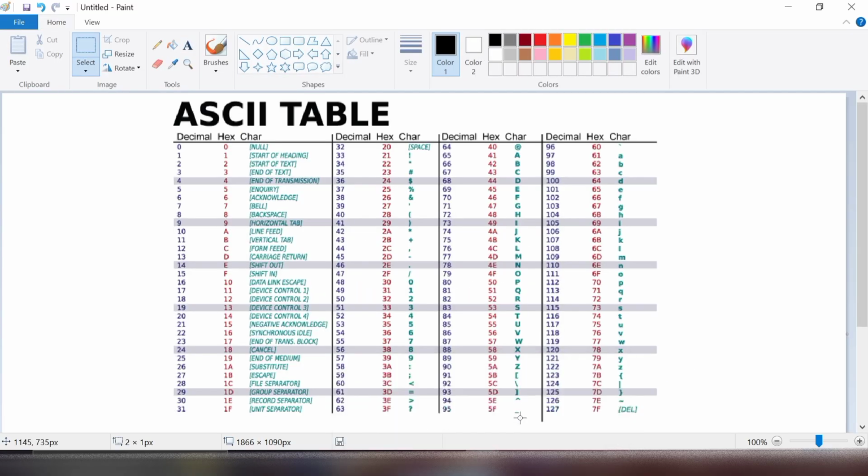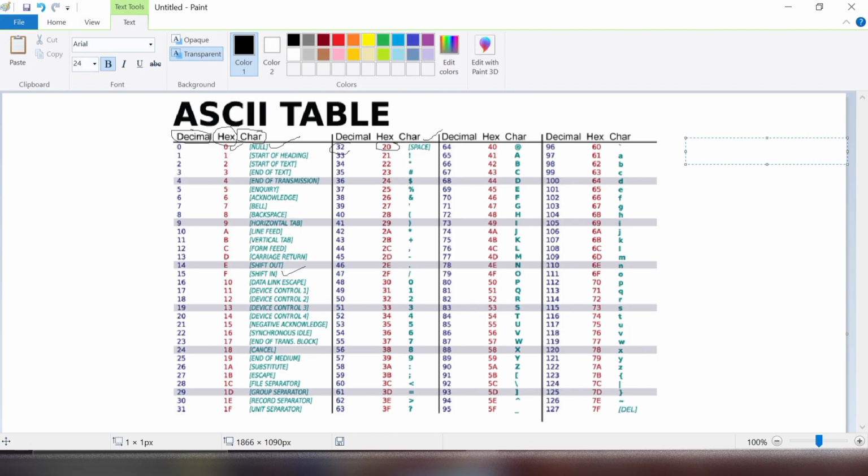So let us see what those values are. We have a table here and you can see the values mentioned. This is the decimal equivalent, this is the hexadecimal equivalent, and this is the character. We have a null character, for which the decimal and hexadecimal values are zeros. Likewise we have a value for space also, which is 20 in hexadecimal and 32 in decimal. So ASCII supports 128 values, means 0 to 127